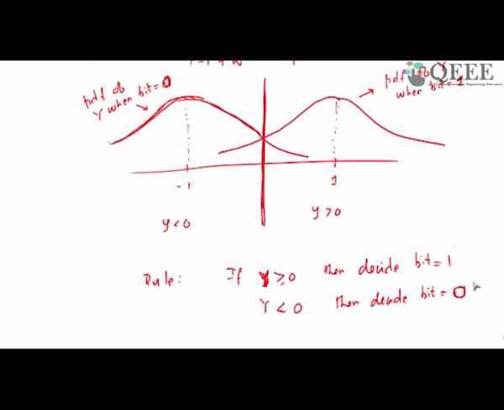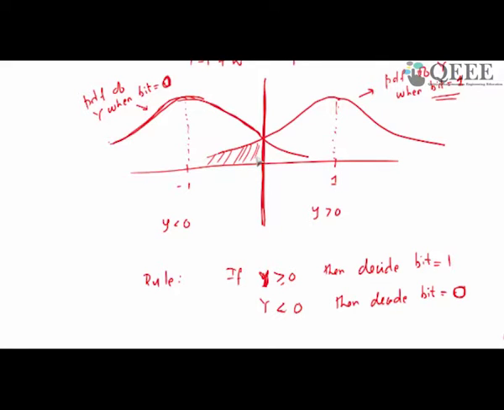So you will sample the modulated waveform and then finally decide whether the bit is 1 or 0 depending on whether the sign of the observation is positive or negative. Okay. Now you can always make errors. Okay, because for instance, when you are sending bit equal to 1, there is also a chance that